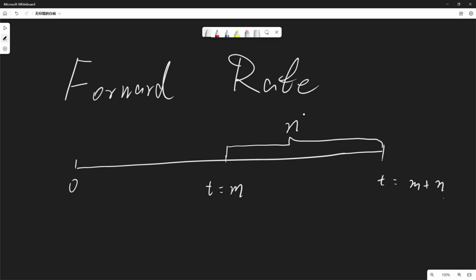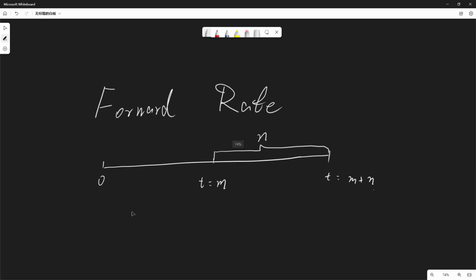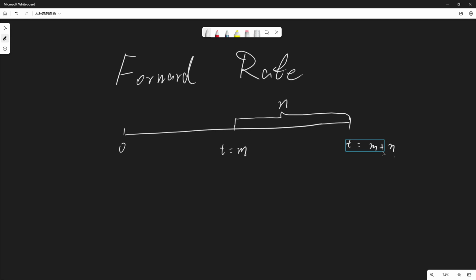and I want to generalize it, so I use the m and n, and you can use say half a year, or 2 year, 3 year, whatever suits you, but I'm going to use m and n here. Okay, so for example, you got an n year bond starting at the time m and ends